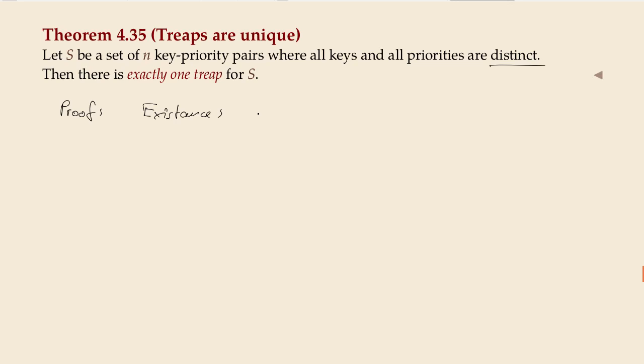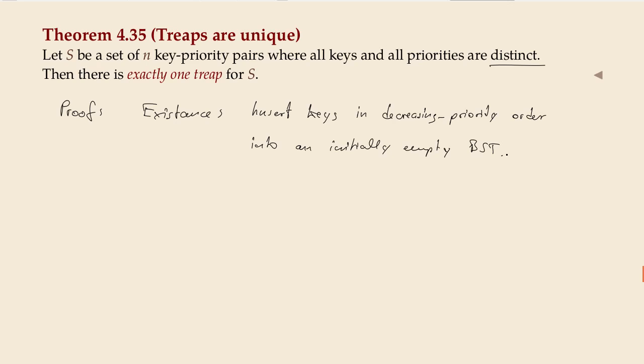So existence is pretty easy once you get the hang of what this is about. The priorities give you an insertion order, so if you insert the keys in decreasing priority order into an initially empty BST, then what you get is a BST with respect to the keys. Well, and it's a heap with respect to priorities,